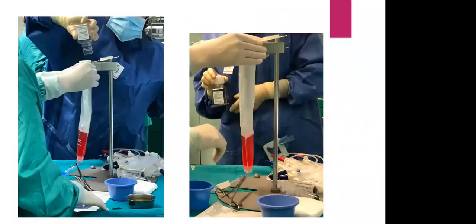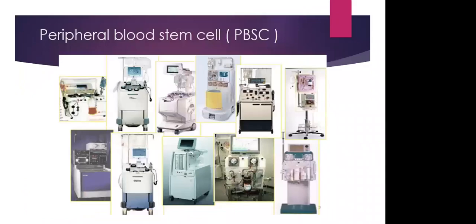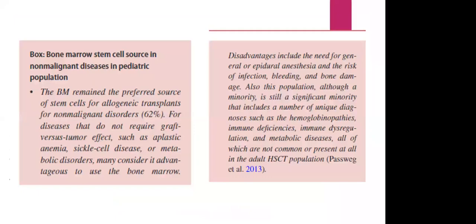This is the apheresis machine by which we collect the stem cells. The bone marrow remains the preferred source of stem cells for allogeneic transplant in disorders which do not require graft versus